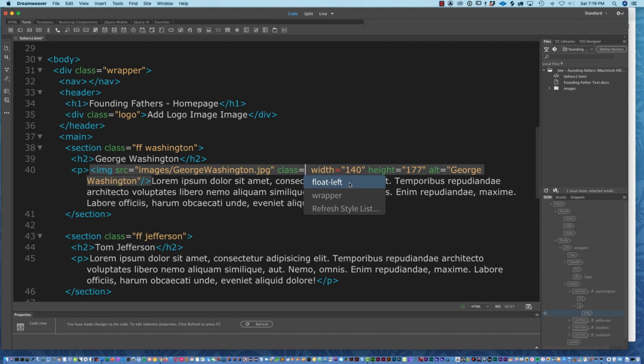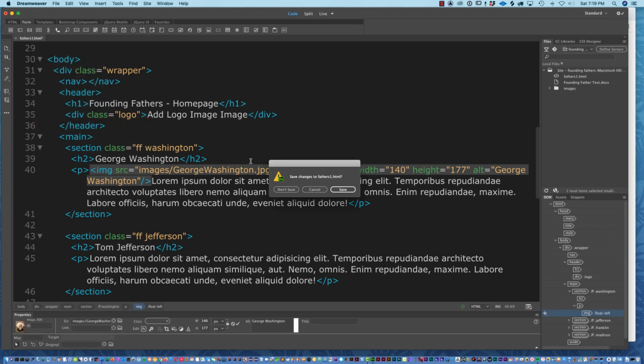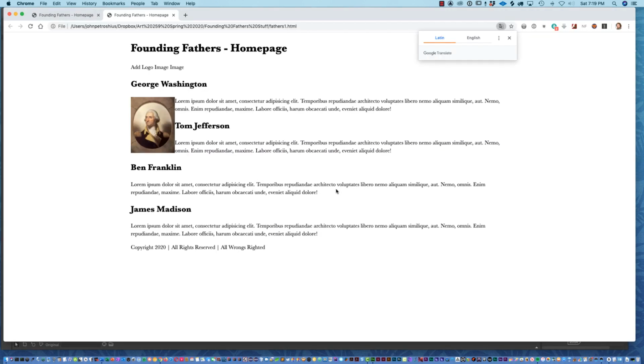And again, Dreamweaver helps us out. As soon as we say class equals, we have a little drop down and it asks us, do you want to use one of the classes that have already been defined? Yes, we do. So you can just click on float left and Dreamweaver adds that, also uses the double quotes. So it's very nice. So if we look at our page again here now, save it, and you can see that everything underneath there has actually